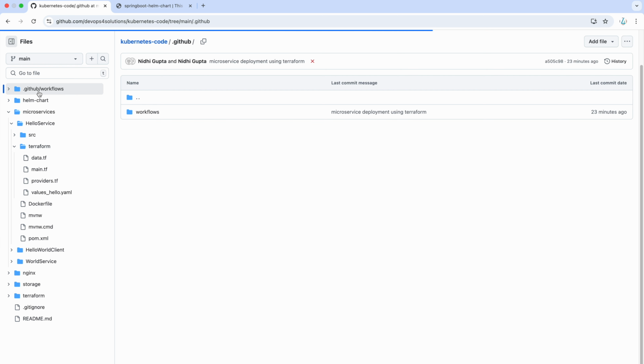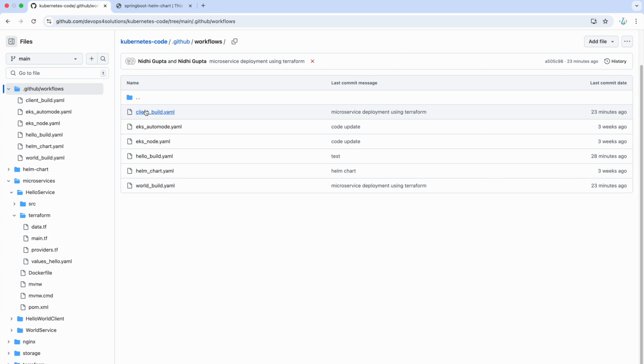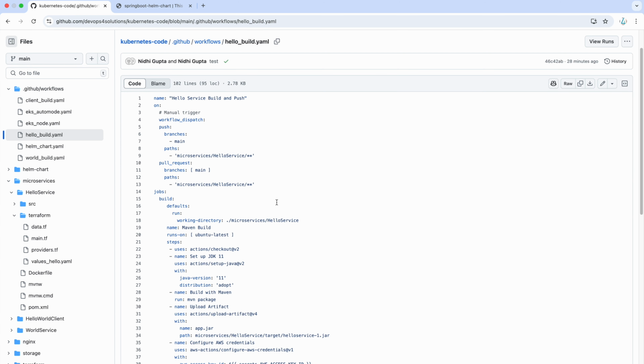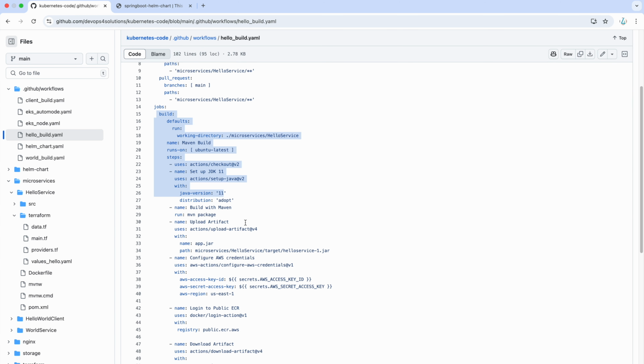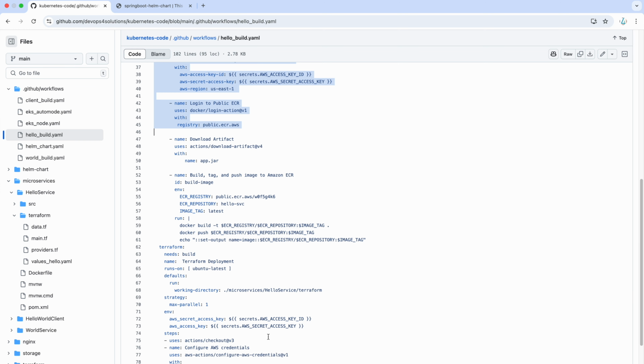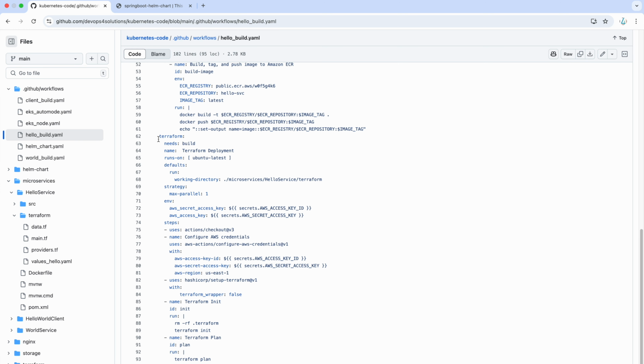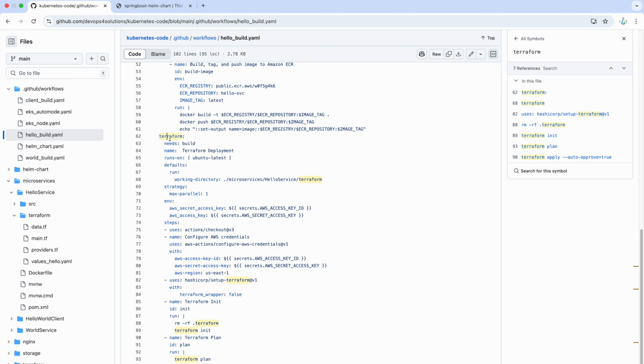Now if you look at my GitHub workflows, there is very little change. If you go to the hello build, previously we had only this build process. Now after that I have added the Terraform process also. I wanted to start this Terraform job once the build is successful, so that's where I use needs, the name, and your working directory.